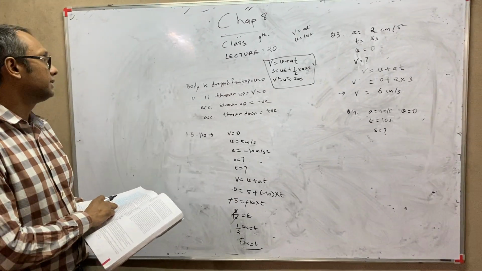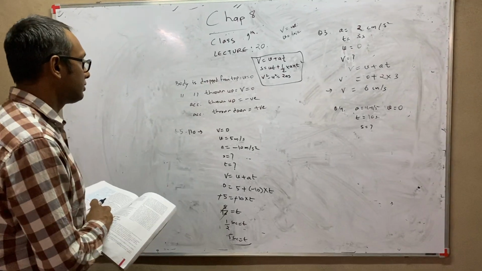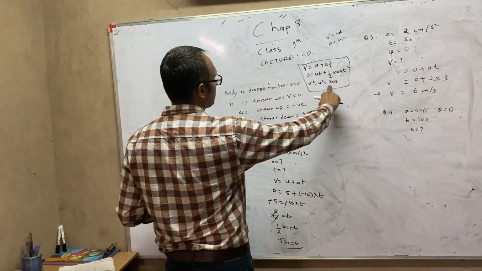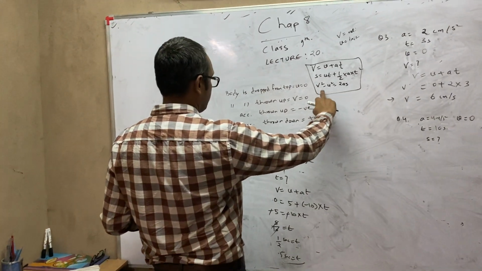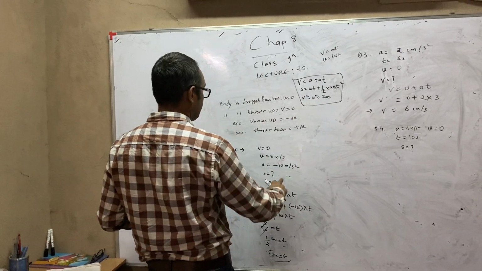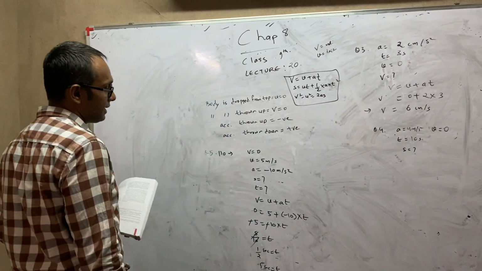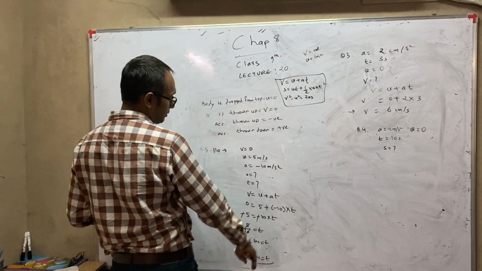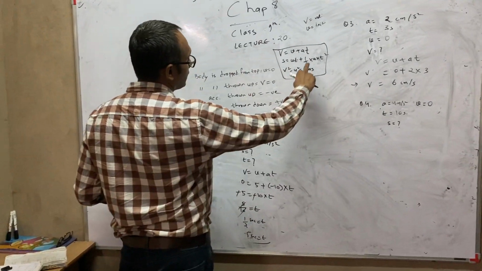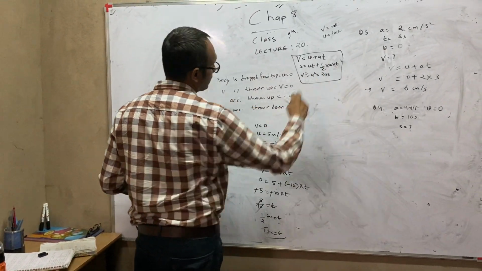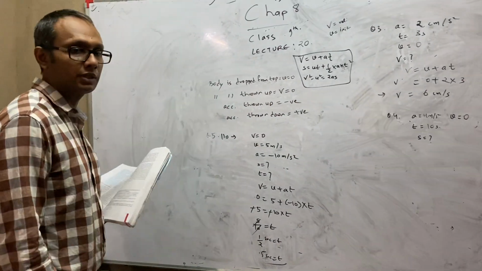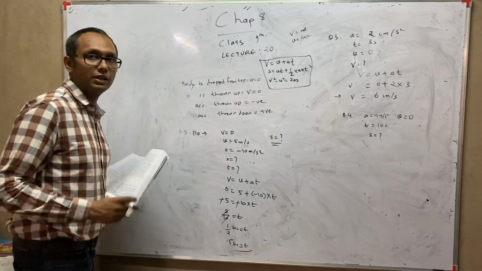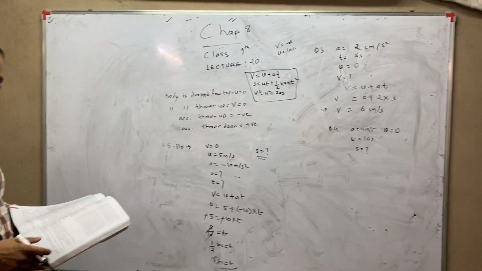And the second part, height. Now s you have to calculate. For calculating s, one is this formula, v square minus u square equals 2as. If we see here, v is there, u is there, and we also have a, so you can easily calculate s. And if you want to use this formula, s equals u into t plus half a t square, u is there, time you have now calculated, and a is also there. So you can use either of the two formulas. Okay, so the time part I have done, the distance part you do on your own.